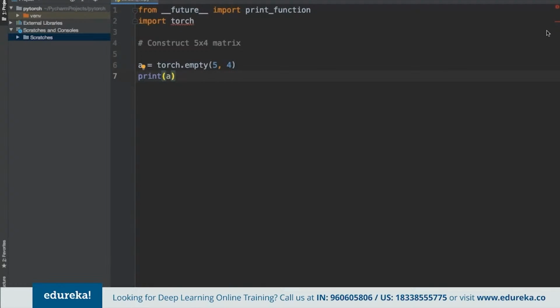And again, in the same way, suppose we want to randomly initialize a matrix, we can simply define the output altogether as well.